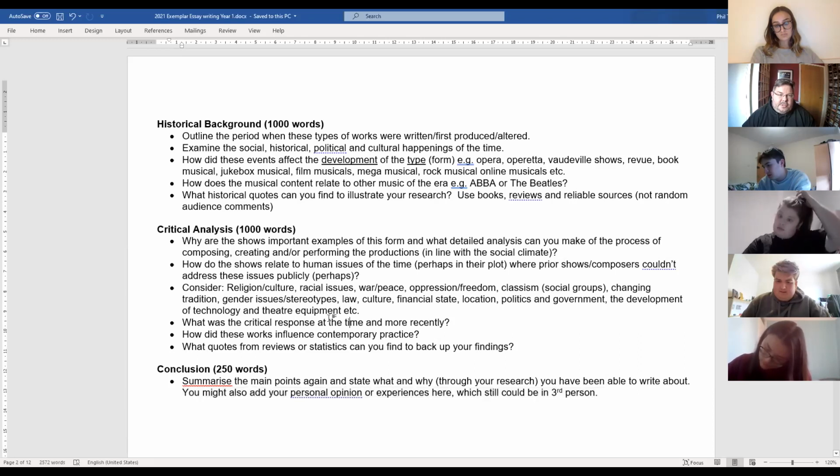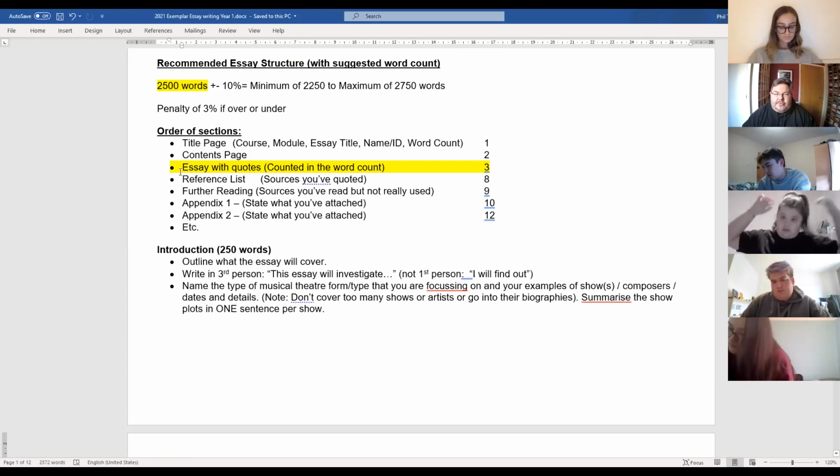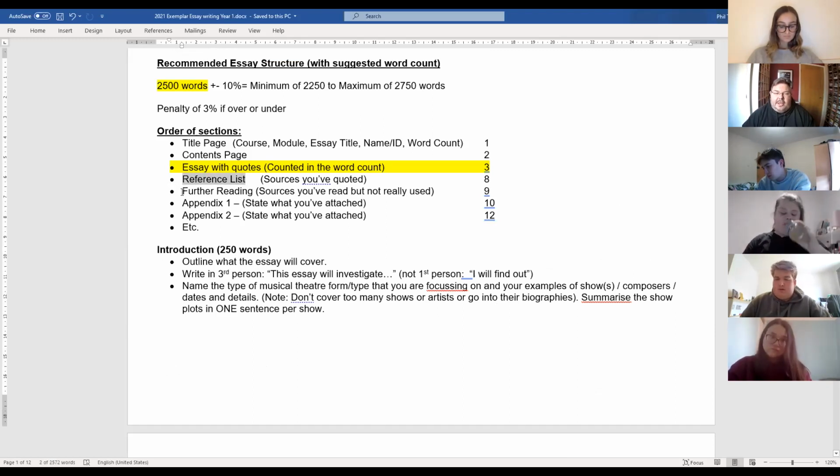So there's your main thing. You've got your title page and your contents, a very simple contents page, your actual essay, and then after that we gathered together all the references you've quoted from and put them in the list in the Harvard style and the further reading. So remember, it was a surname, dot, initial, with the year and the title and the publisher and the location at the end. And I'll recap that in the next few weeks, so you won't forget that. And then we have at the end all the appendices and all these extra bits of sheet music and stuff. So if you're talking about Sondheim's great use of lyrics, then put some lyrics in the back and highlight the ones that you think are really clever and important.